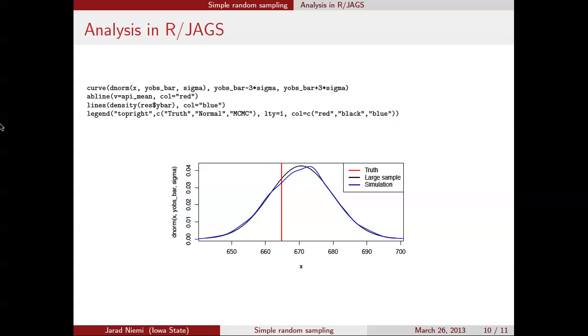So in particular, the key thing is that even though the large sample theory and the blue line were based on different assumptions, the large sample theory says we have n minus n is large and n is large. It's large enough that the central limit theorem kicks in. The blue line says we don't need that assumption. But we did have to assume that the data are normally distributed and these priors that were diffuse, proper priors on the parameters. And they basically give you the same answer. This wiggliness is just Monte Carlo error. If you drew more samples in your MCMC, this blue line is going to get closer and closer to the black line.